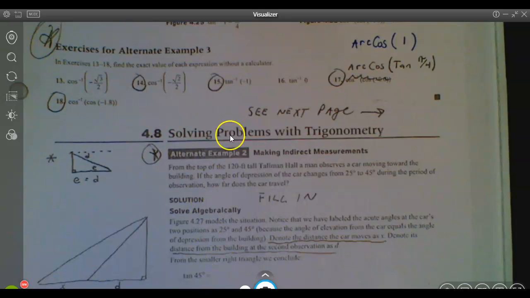Let me go back to this. So one last one. Again, if I wanted to do the inverse cosine of the cosine of negative 1.8, as we already saw, the shortcut for this only exists if the value that I'm putting in for x is within the domain of 0 to pi. This is not a number between 0 and 3.14. So I can't take the shortcut and say this is my answer, but as we saw in the previous problem up here,